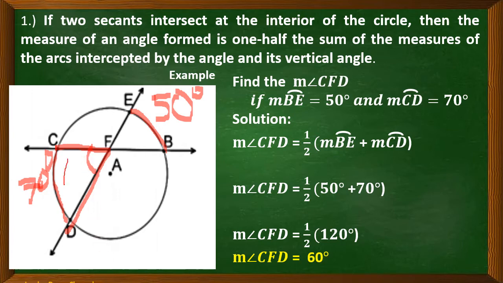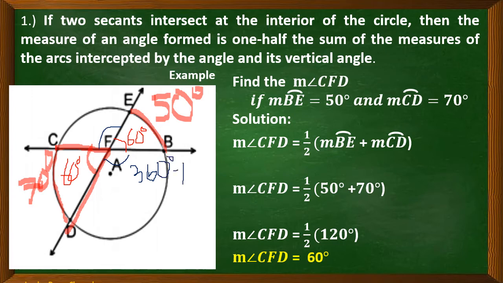If this is 60 degrees, then it follows that this angle here is also 60 degrees because they are vertical angles. Now what if I will ask you to find the measure of angle CFE and angle DFB, this angle here? What is the measurement of each angle? We can solve it right away. Remember that the total degree measure of a circle is 360 degrees. So 360 degrees